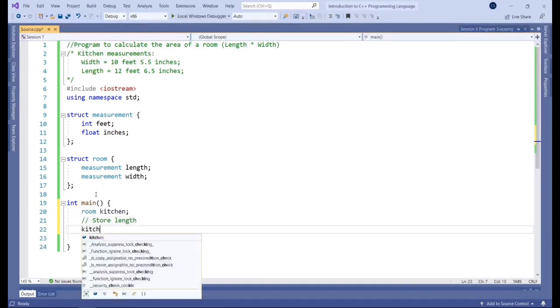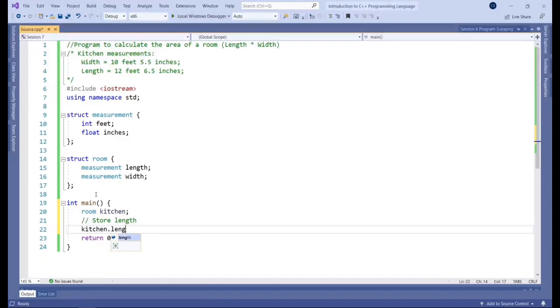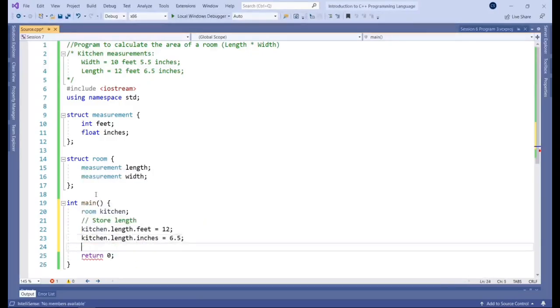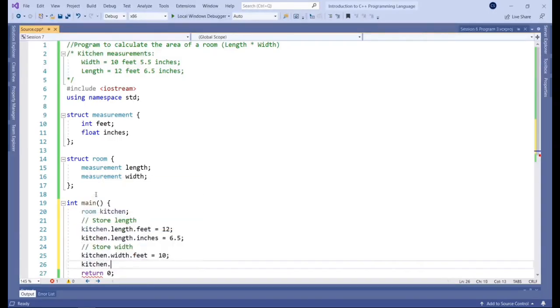Okay, so kitchen length feet equals 12, and kitchen length inches equals 6.5, and store kitchen width feet equals 10, and kitchen width inches equals 5.5.